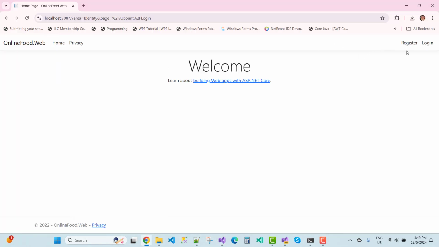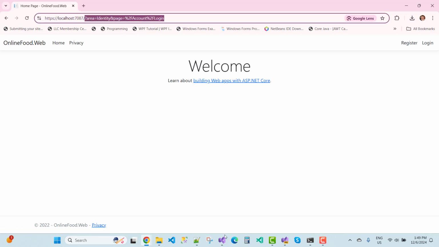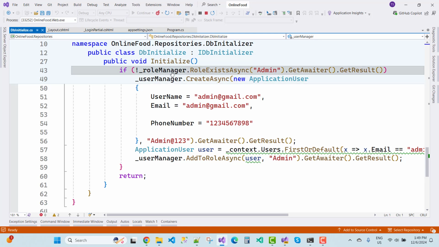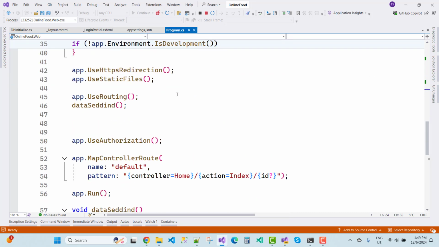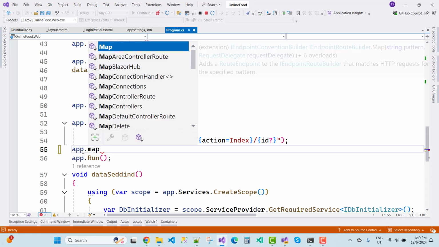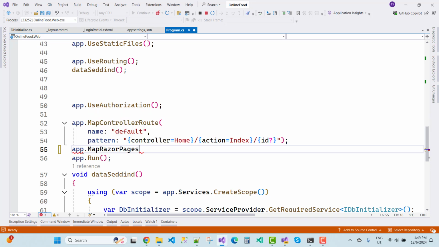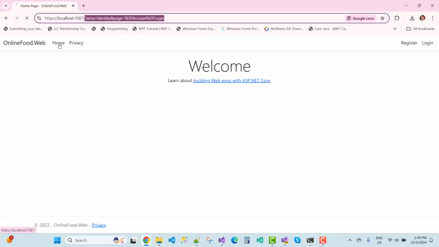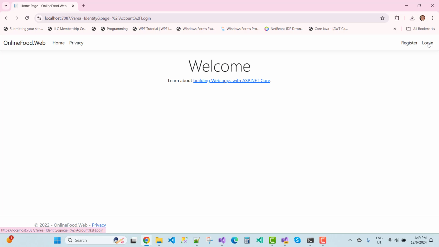So when we click the login page, there is no redirect page here. You just need to map your Razor pages, because everything exists in Razor pages. So under the Program.cs file, add app.MapRazorPages, like this. Save this, and after that you can click Home and then click Login. Oops, there is